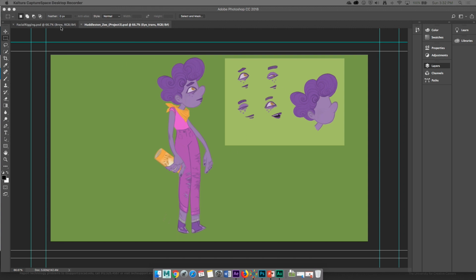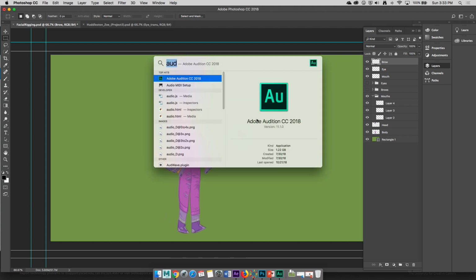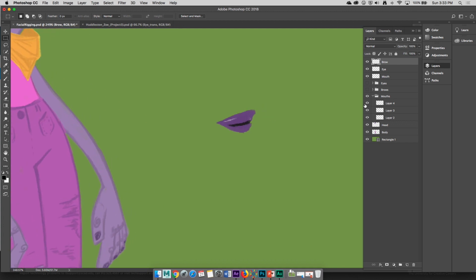Here's her design. However, I went ahead and did some cleanup on the characters, so when I want to bring them into After Effects, I will spend less time to set them all in After Effects. The only thing that I did was to create one layer for all the mouth shapes. So if I zoom in, you can see that I've created a group for all the mouth shapes, and